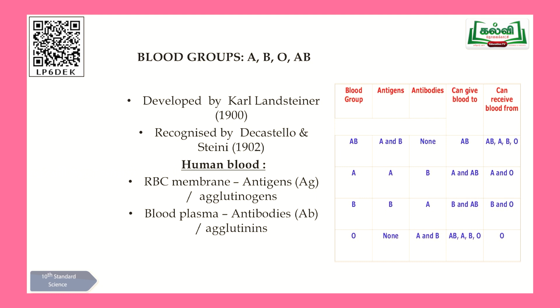Now, when we go for blood transfusion, it is very, very important to do the compatibility test. What is a compatibility test? Matching of blood between a donor and a recipient. That is the antigen antibody compatibility test. If an individual receives mismatched blood group, definitely agglutination takes place. What is agglutination? Agglutination is clumping of blood. It may lead to the death of a person also. Hope you understood ABO blood grouping clearly, children.